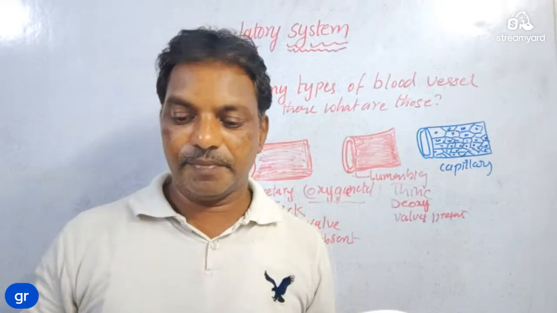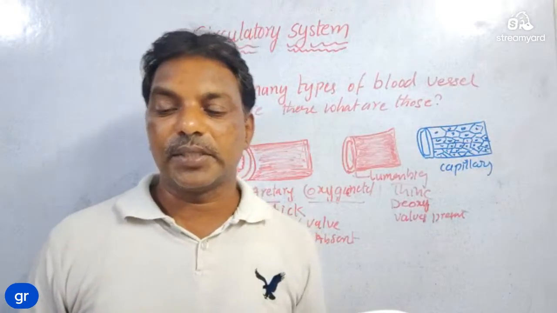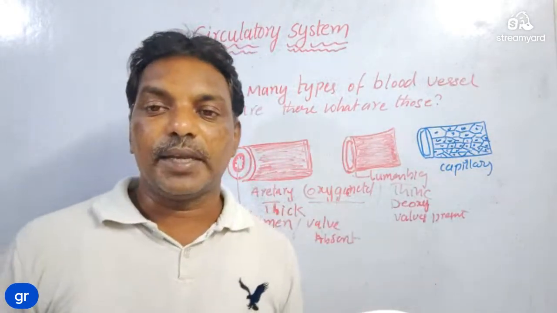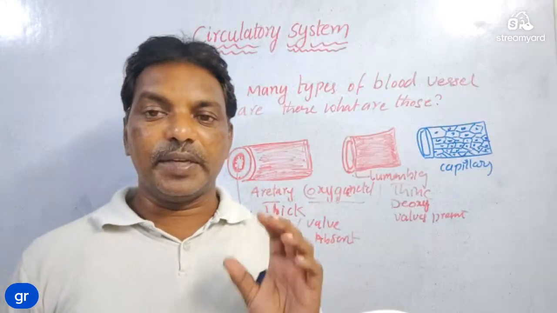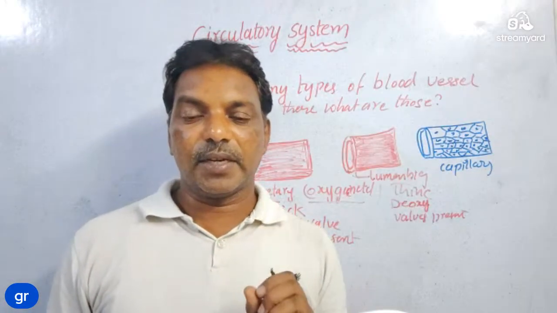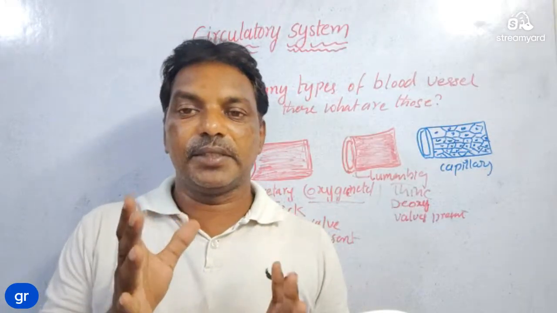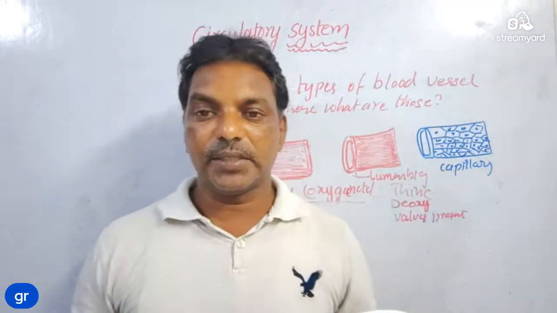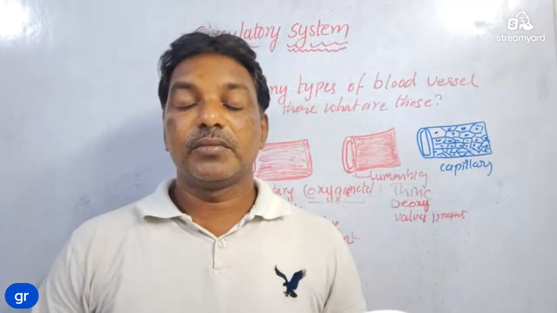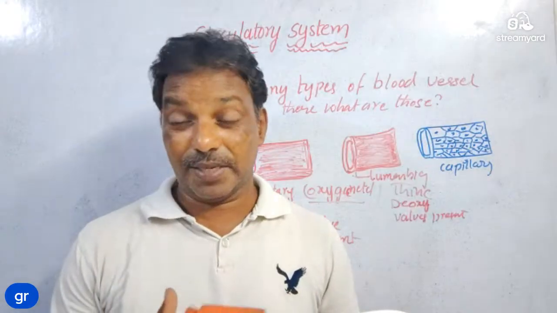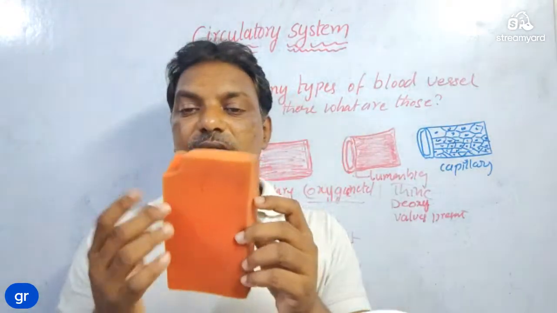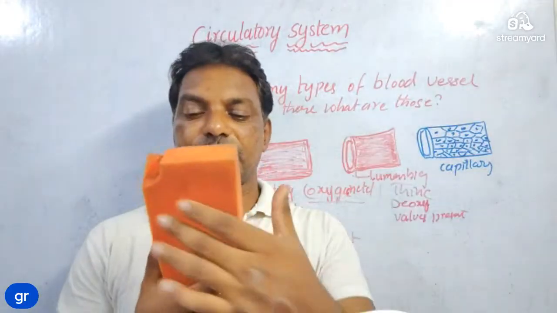Right. Next, we are going to discuss what the cardiac cycle is. Auricle contraction, ventricle relaxation. Ventricle contraction, auricle relaxation. Then all four chambers relax. That process we call the cardiac cycle.